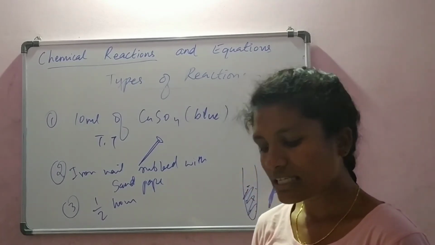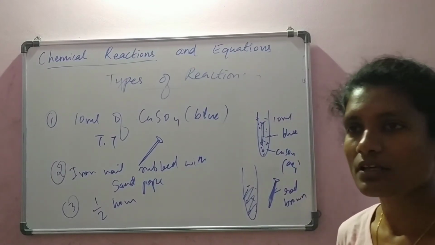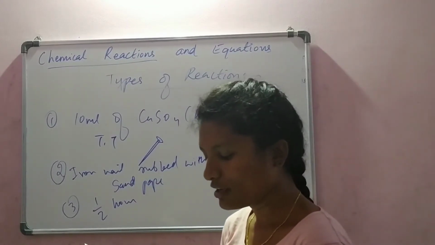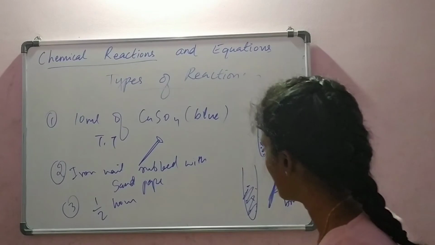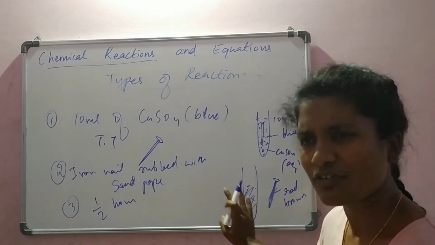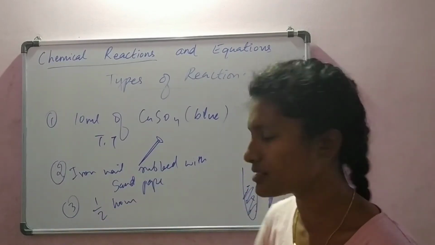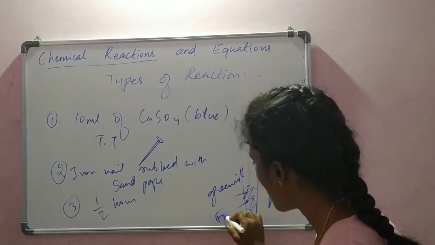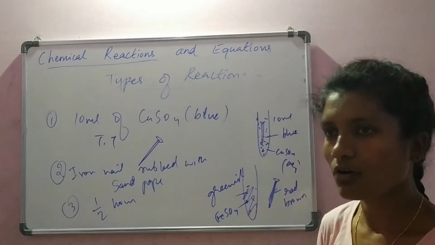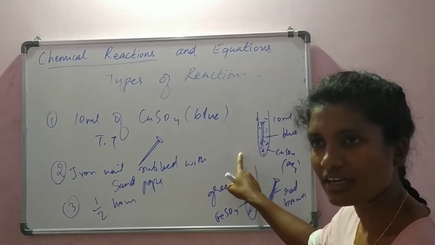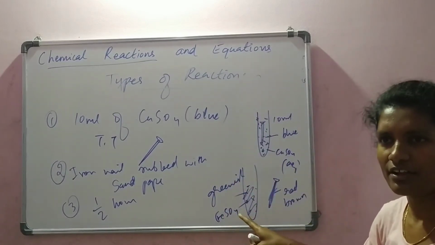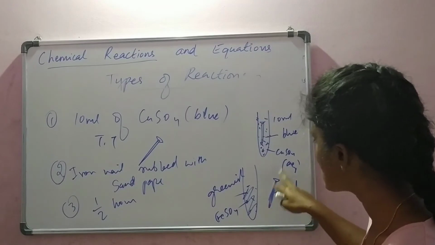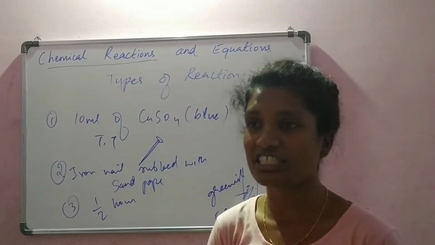So what is this faded color? The solution turned green due to the formation of iron sulfate. Later, if you keep this solution for another 5-10 minutes, it turns into a greenish color. This is iron sulfate. We had copper sulfate here earlier, which became iron sulfate. Then what happened to the iron nail? It had become reddish brown in color.